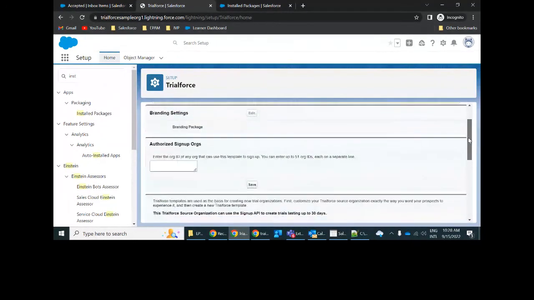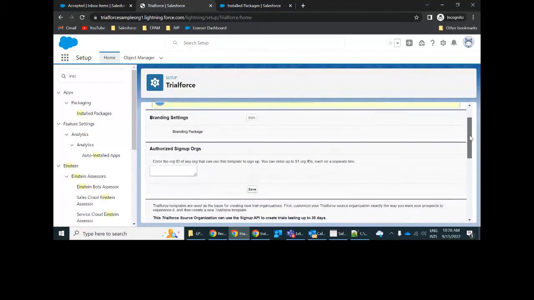Now let's talk about the branding setting here. You can click on edit here. This option is not enabled for me because no branding package is available.